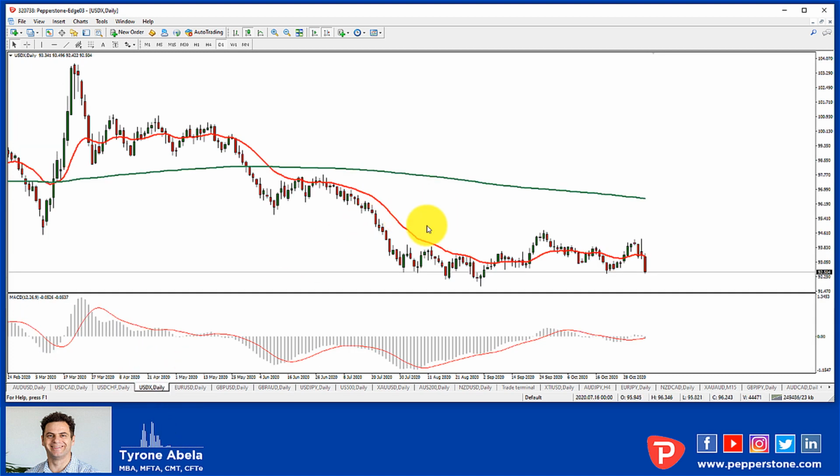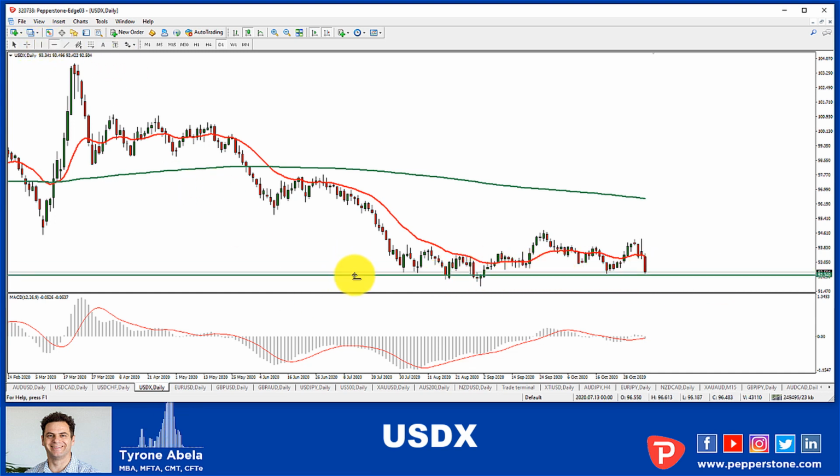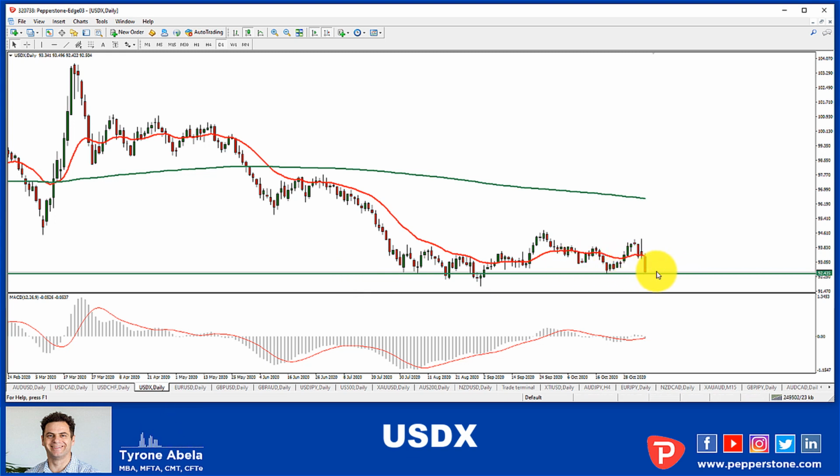All right, we'll move on to the dollar index. No surprises here to see it at very important support, 92.50, very, very important level. We won't spend too much time on this. This is exactly the same story as the CAD and the USD Swissy. We want to be seeing a change of trend on this to be going in either direction.